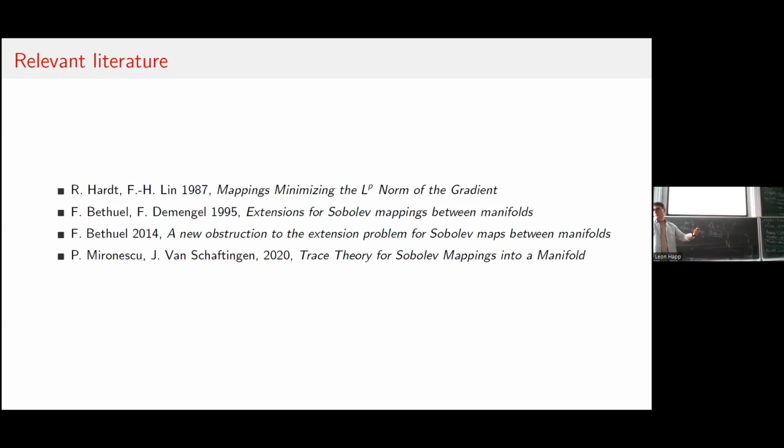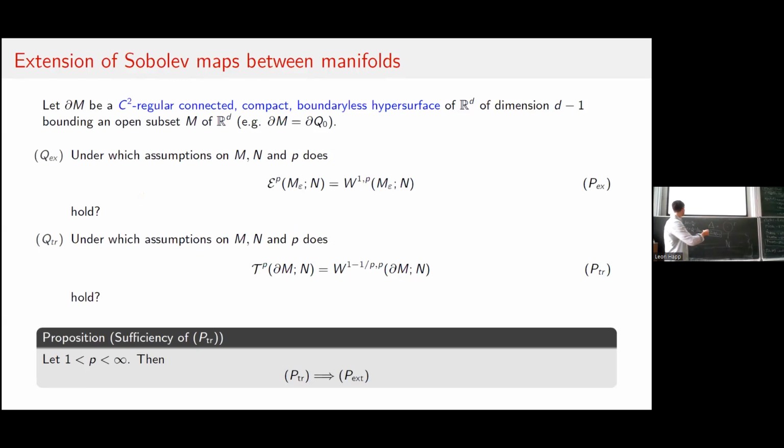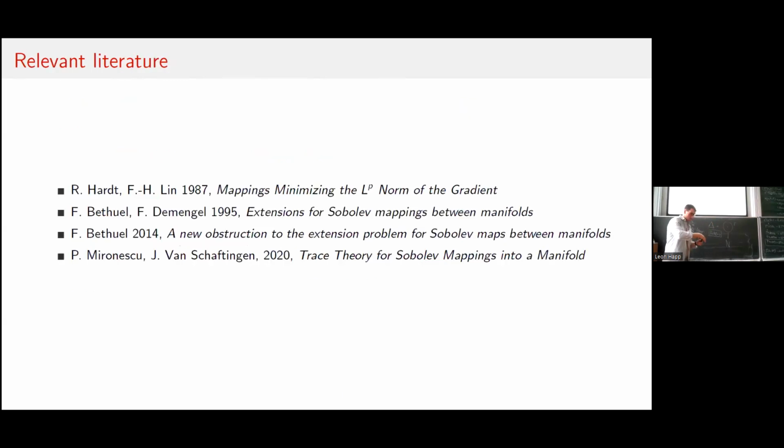extend every function to the inside of your manifold M just by looking at a lifting from your target manifold to the covering space. Because your first fundamental group is finite, you can see that the covering space will be compact and actually also simply connected. So if your target manifold is not simply connected, but except the first fundamental group, every other fundamental group until p minus 1 is disappearing, then the covering space will actually be again p minus 1 connected. So you lift the functions, then you can extend the functions on the level of the lifting, and then you can project back to your target manifold.